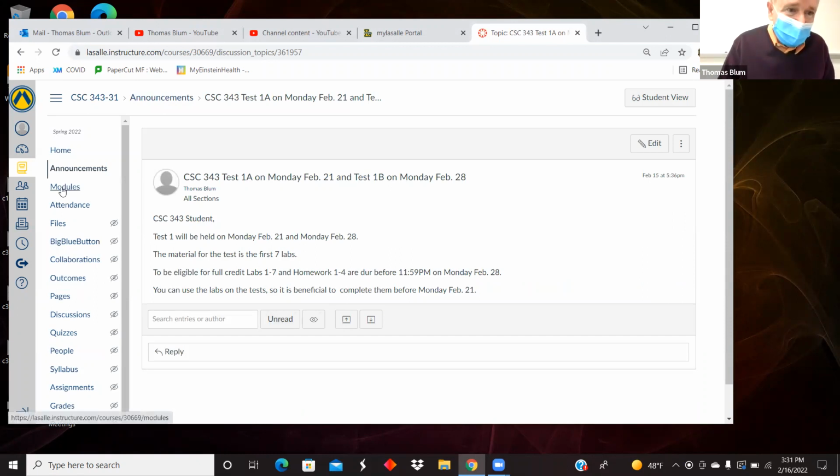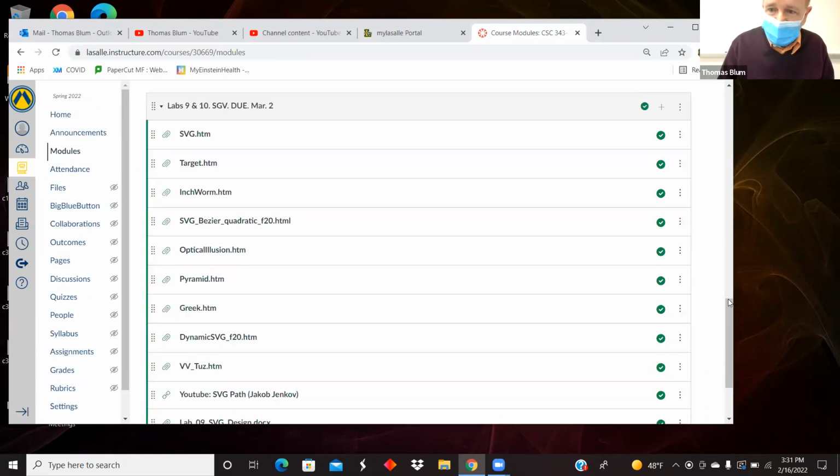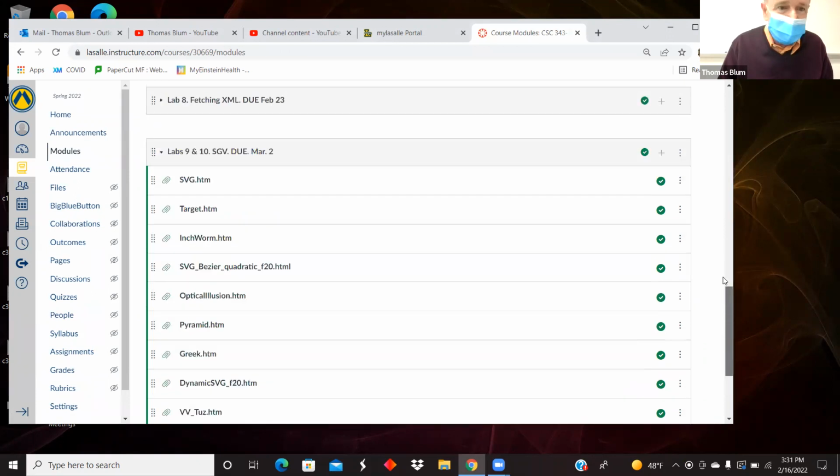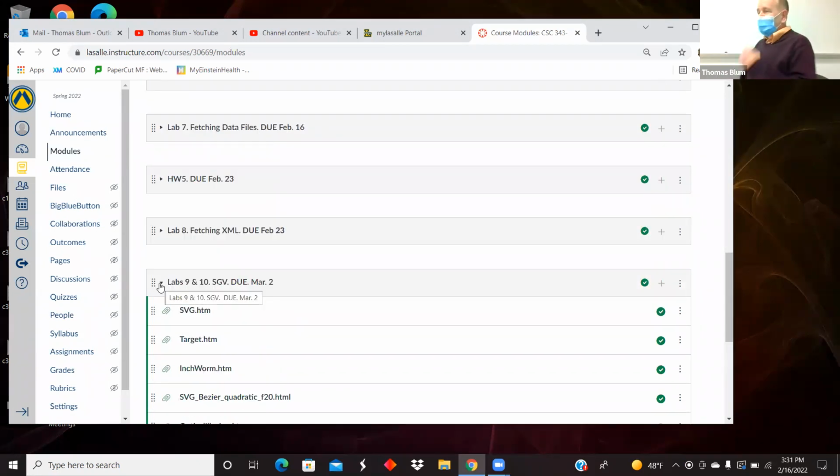Then we did lab 8. And that is on fetching an XML file that's not on the test. I'm doing more stuff that's not on the test. And this subject is sort of purposely supposed to be a bit of a break. It's 2 labs, and there's no JavaScript. It's mostly just HTML,